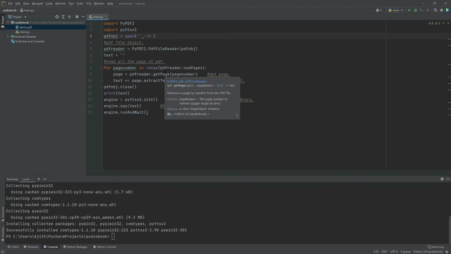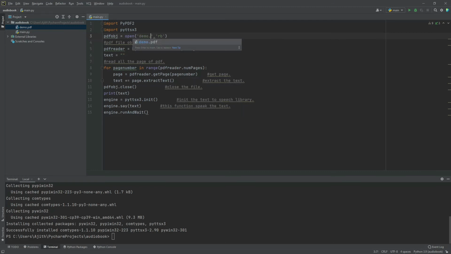I'm going to add the name here. When I click run, PyPDF gets the PDF and extracts its content, and pyttsx3 will